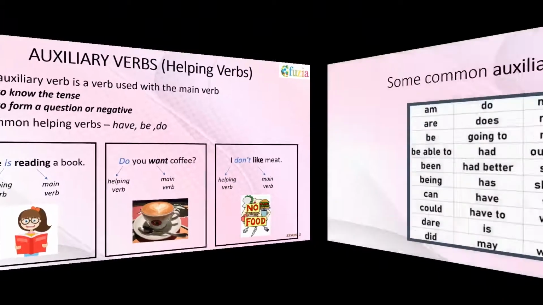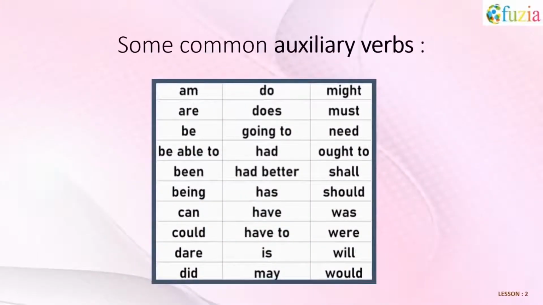Some common auxiliary verbs are, so here is the list: am, do, might, are, does, must, be, had better, shall, has, have, was, were, is, will, did, may, would. So, moving on,